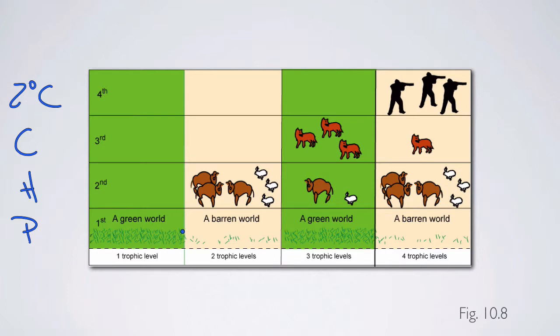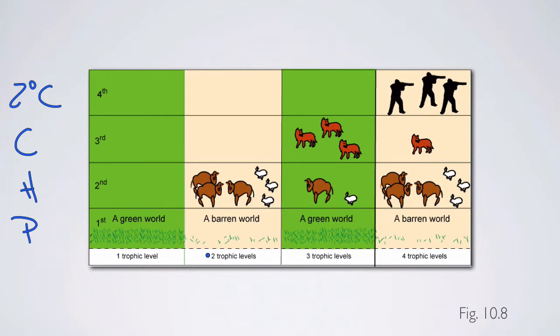So when there's only one trophic level present, if there's just plants and no herbivores, this system tends to be pretty green. There's going to be lots of plants around. But in a system where you have herbivores and plants but no carnivores, that system tends to be pretty barren. There's bottom-up control over the herbivore numbers, and there often isn't a lot of plant left around. Now this also assumes that the quality of plants are not limiting. So in this case, going from one trophic level to 2 causes a reduction in the amount of plant material